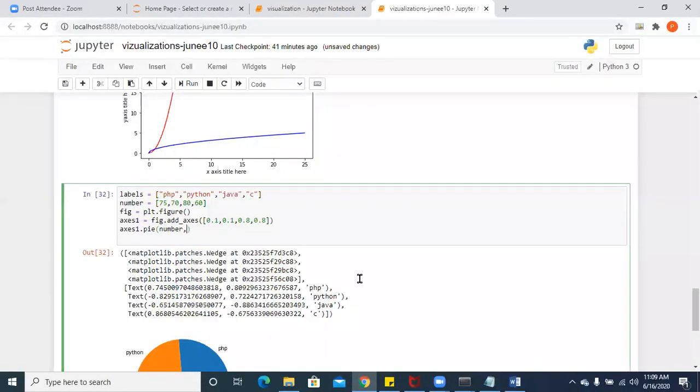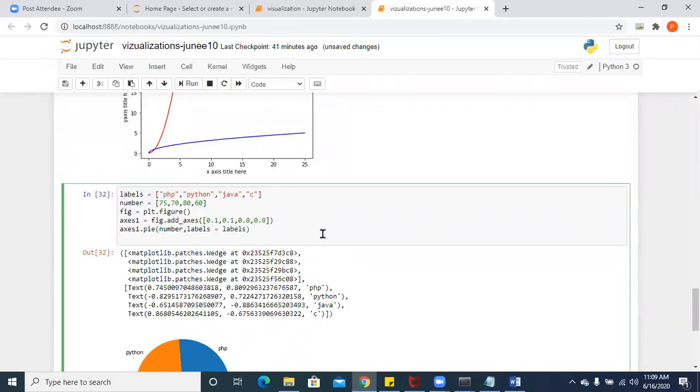So number, comma, I want to plot the pie graph between number as well as label, right? So at that time I'll just put number, and I'm giving the argument labels is equal to